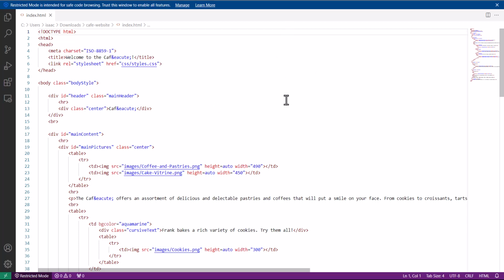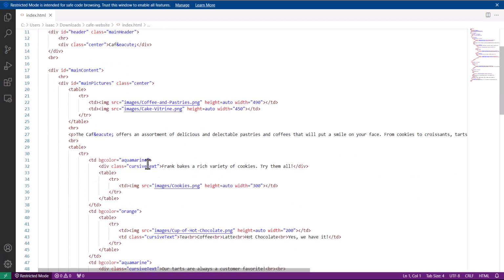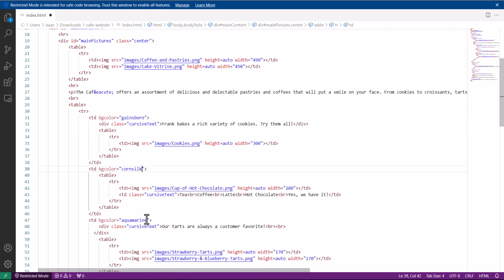I'll change this color, and for the orange I'll change it to something else, and the same thing for this, right? These are colors that I'm trying to change, and I'll now save this file, right, to overwrite what we have